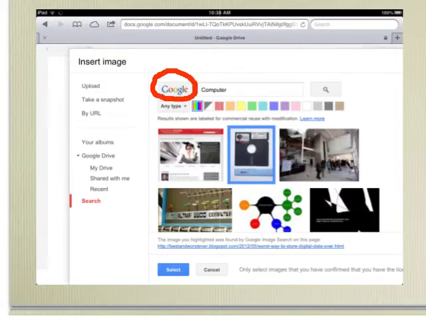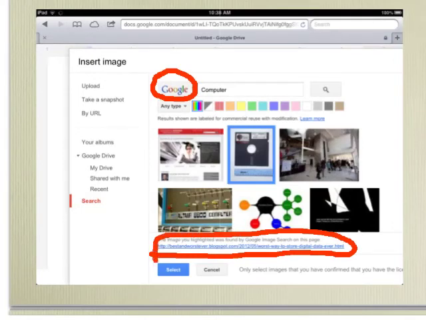You then enter the term you believe may help you find the image you're interested in. And in this case, because I'm using the Google search feature and I'm looking for images that are available for commercial reuse with modification, I should really indicate where I found this image in the resource I prepare, and I can locate that information